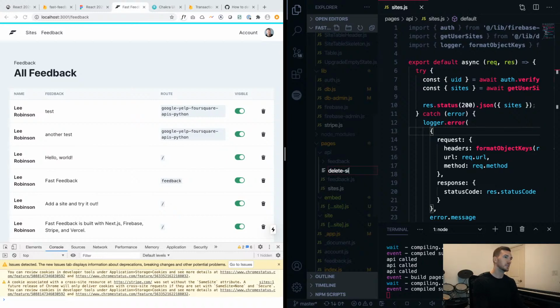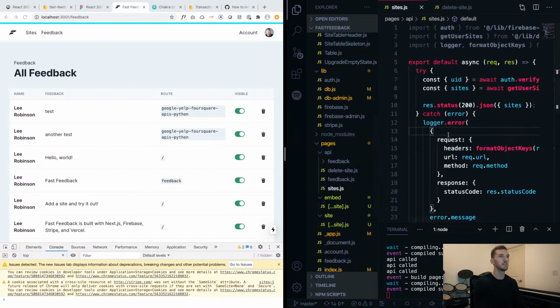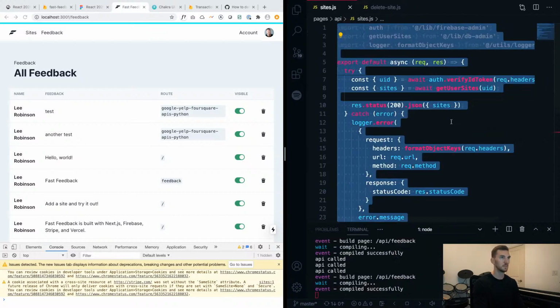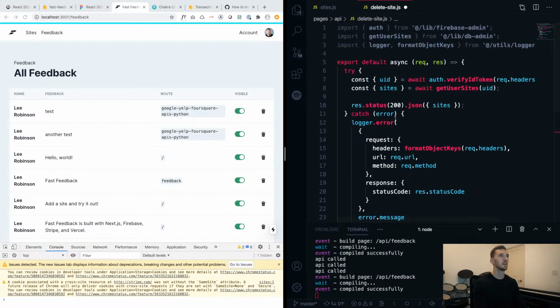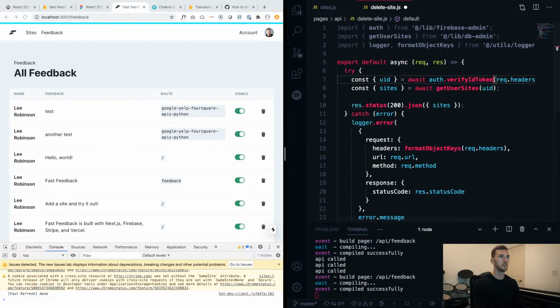Now there's a couple different ways you could do this, right? You could do a site API route that only accepts a delete method, or you can just do explicitly delete site that takes a post. It doesn't really matter to me. I'm just gonna do a delete site for now. And on this one, we will want to verify the ID token. And this will be delete site,